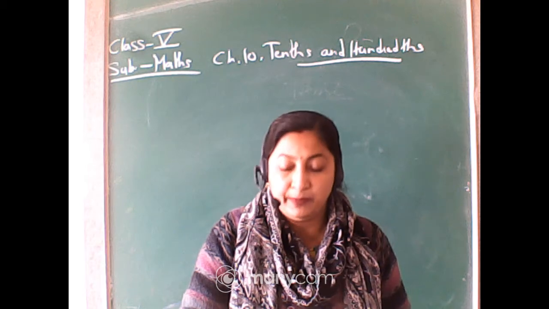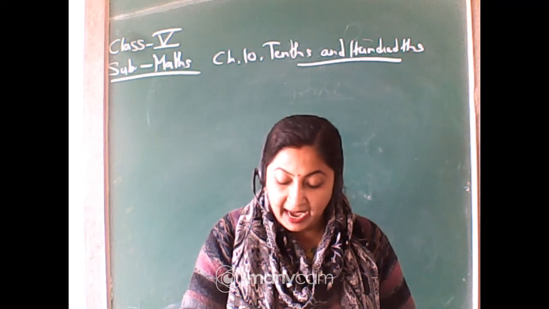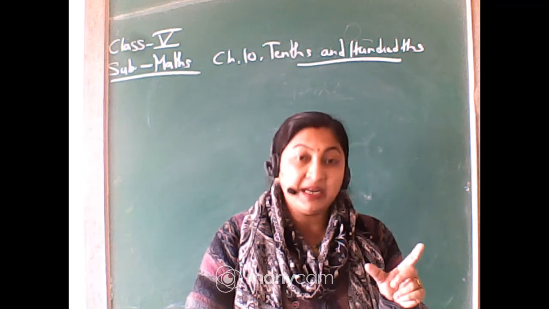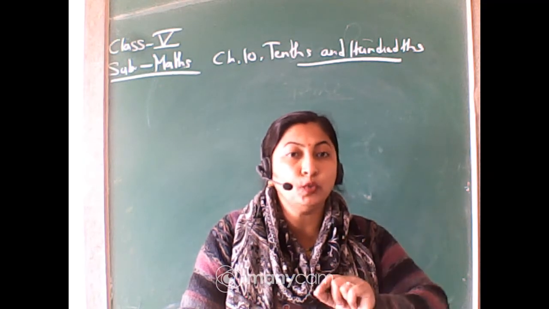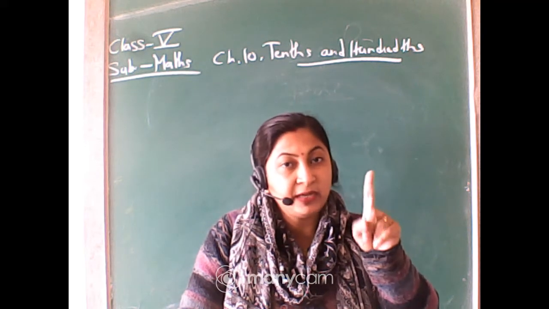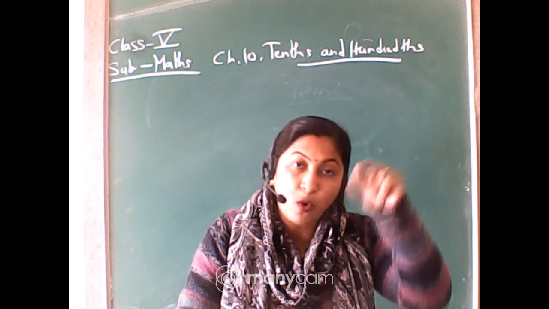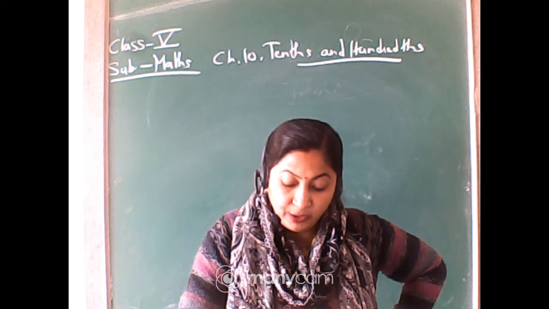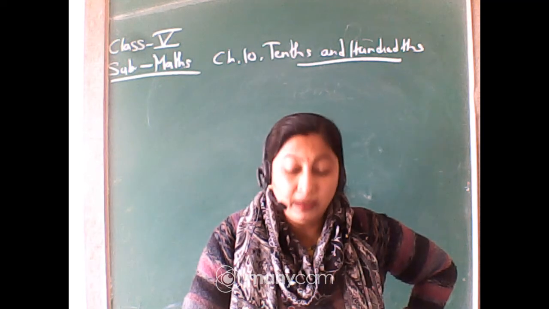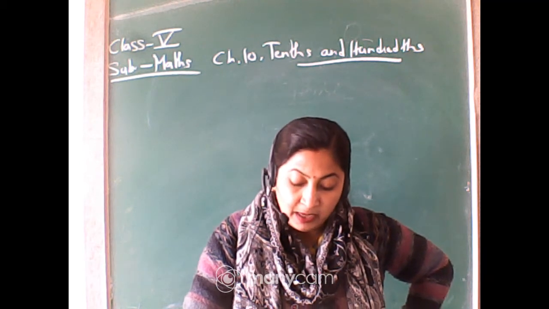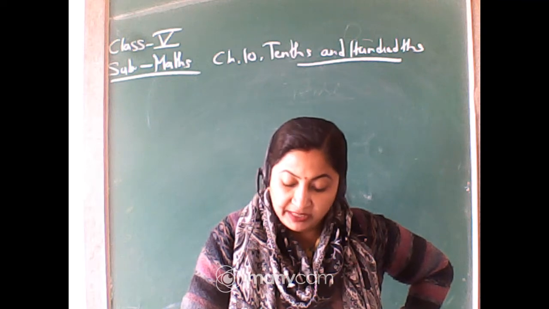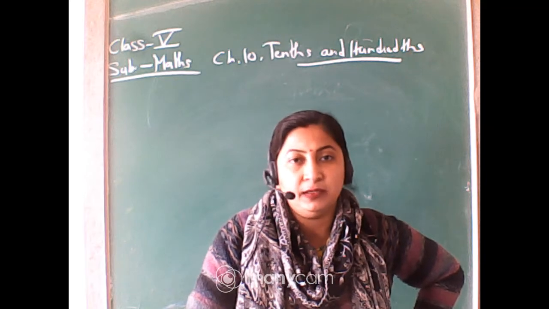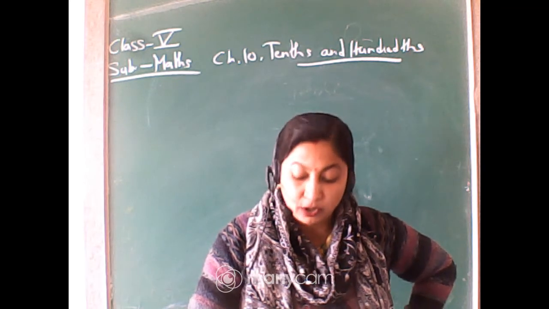Now see, after that what happens? Here 1 centimeter has 10 equal parts. That means from 1 to 2 or 2 to 3, it is 1 centimeter, and between this 1 centimeter there are small divisions of 10 lines. It is divided into 10 parts, and 1 part is equal to 1/10. So each part is 1/10 of a centimeter. 1/10 of a centimeter is called 1 millimeter.